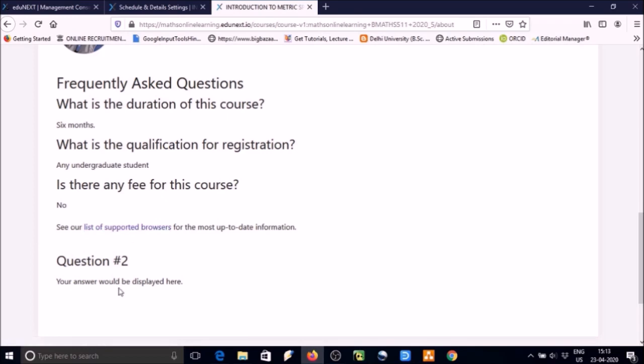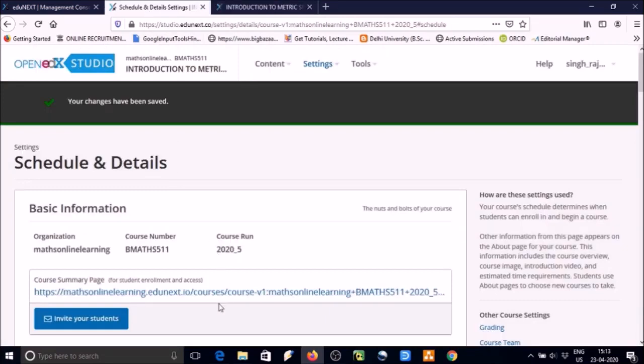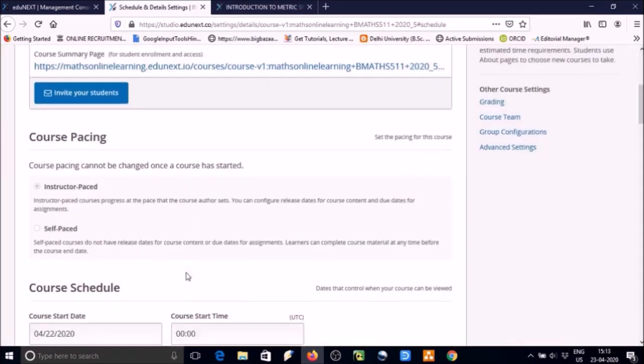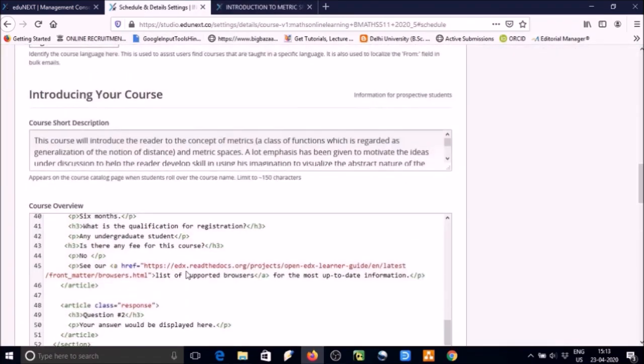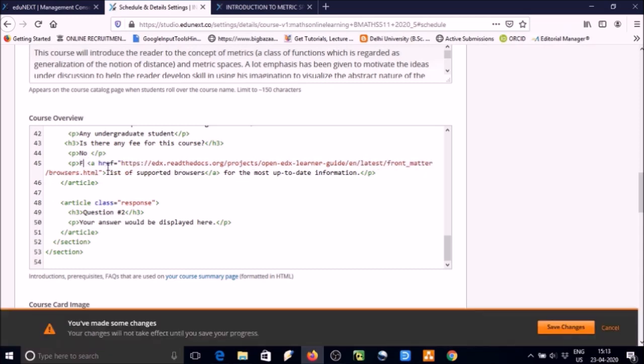So now we can change this link and this information also. We need to go to that place, that is course overview. Just scroll down. We have something like this. I'm writing some more information here. If you wish, we can give some information, otherwise we can select and delete these things.